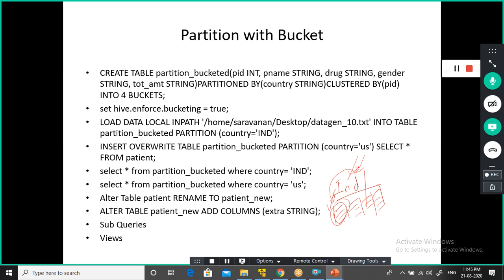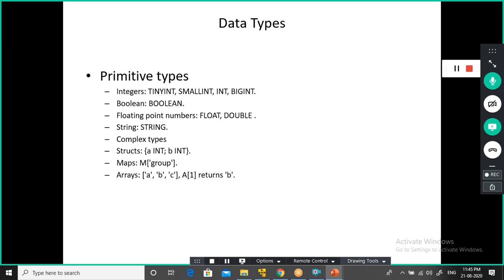India itself, I have millions of records. In that case, since you have used the bucketing option, in each folder, each country, you have 4 buckets. Supposing the data which you are trying to access in India is falling in this one bucket, it will be much faster. The query will retrieve the data in a much faster time. Now we understood the rationale behind creating bucketing, and that you can combine bucketing with partitioning also.